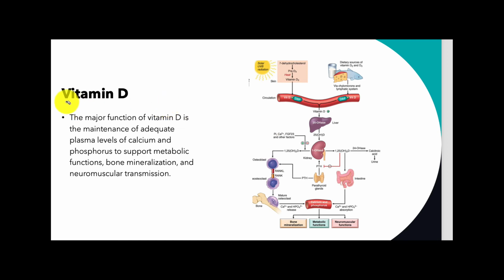You can pick vitamin D, you can pick vitamin B, you can pick vitamin A. You are going to have to explain a deficiency to me, but you're going to have to tell me how the deficiency occurs on a cellular level, not just say, okay, well, this is what vitamin deficiencies do. I need you to show me how the deficiency starts. And this is where you're going to have to go to the research.